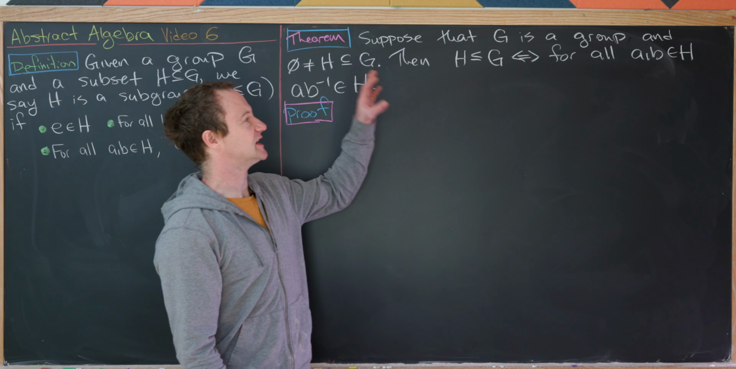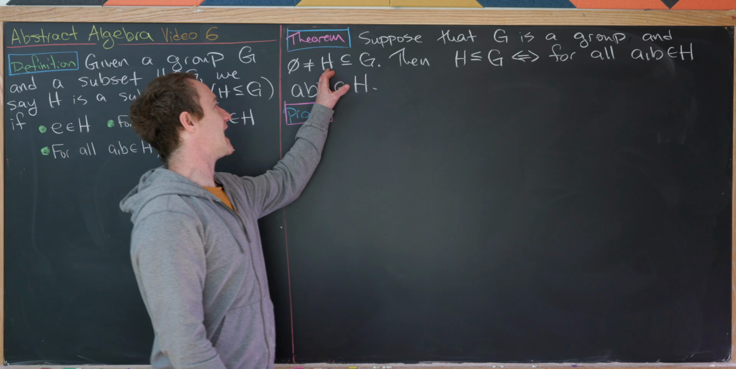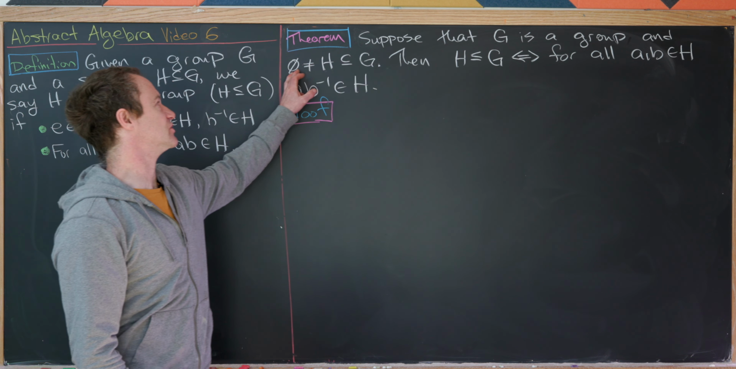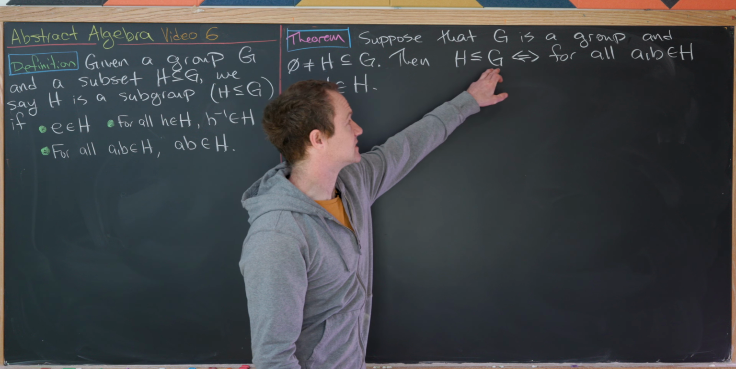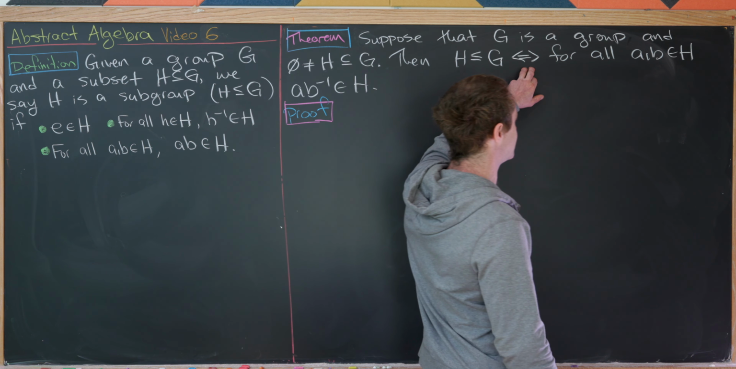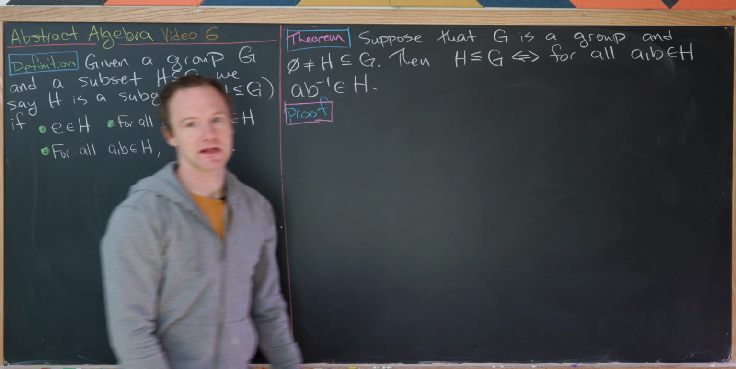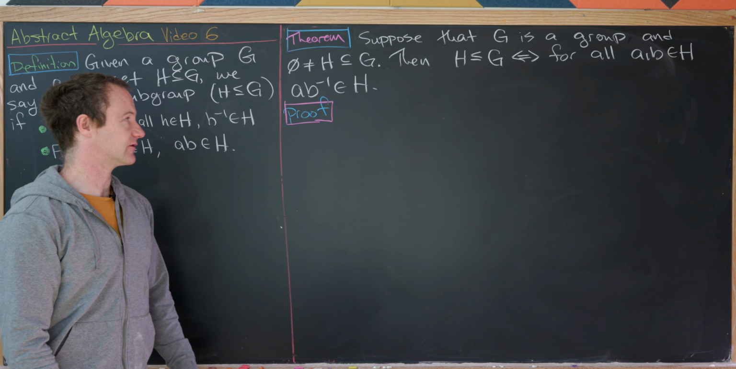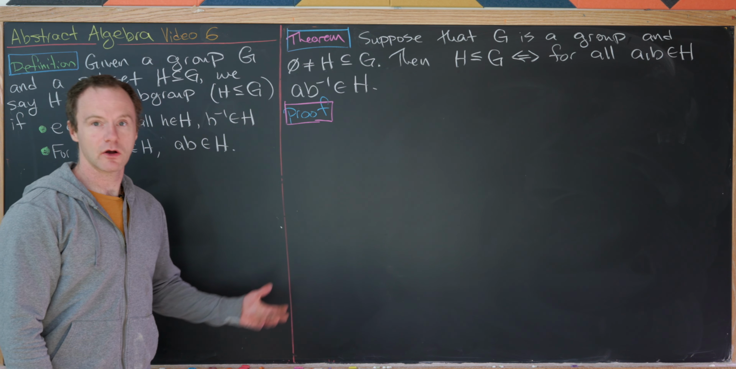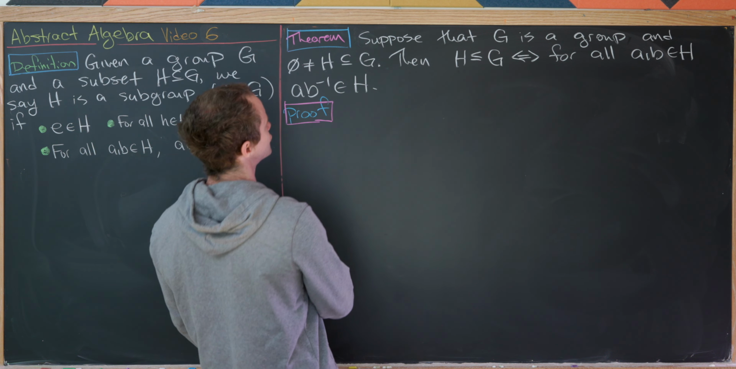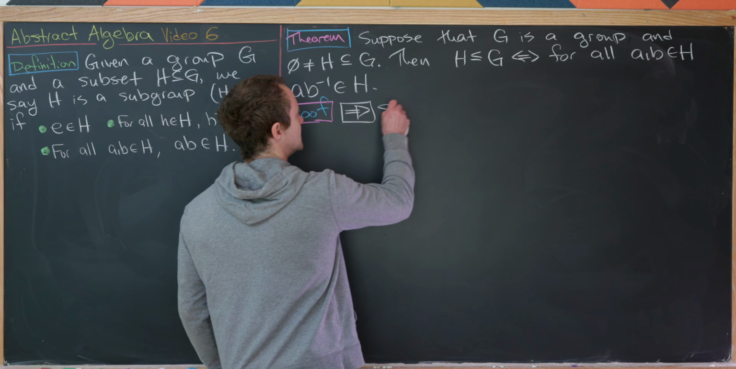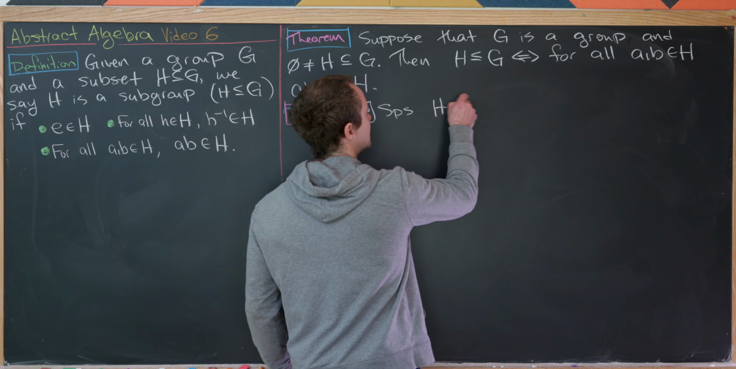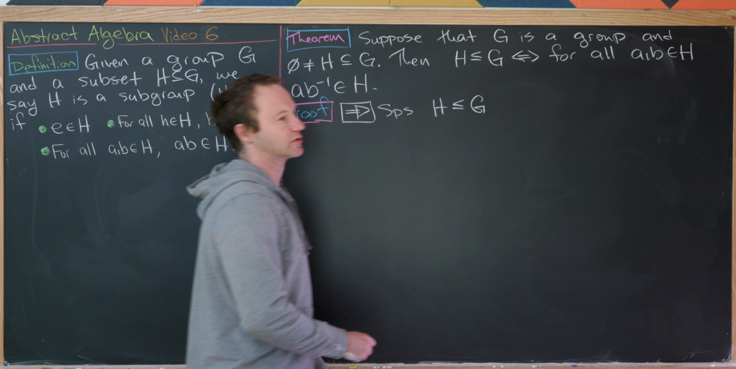Okay, so let's see what it says. Let's suppose that G is a group and H is a subset of G which is non-empty. Then H is a subgroup of G if and only if for all A and B in H, A B inverse is in H. Okay, so let's prove this. Which direction should we do first? Maybe the forward direction. So that means we want to suppose that H is a subgroup of G,